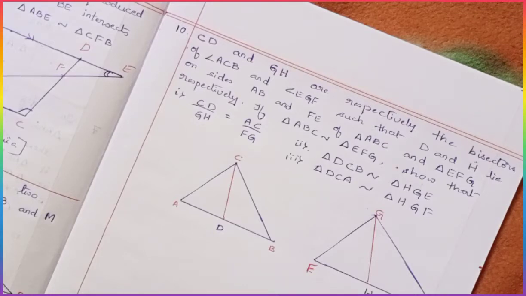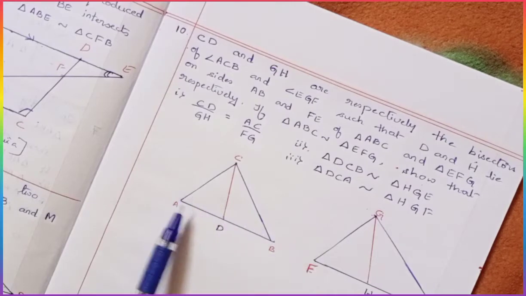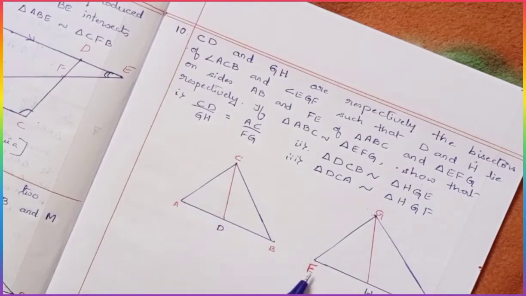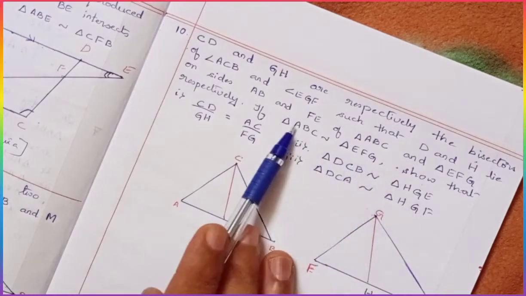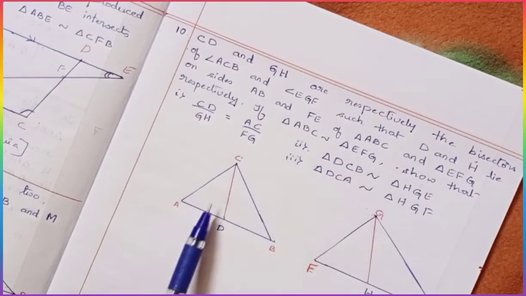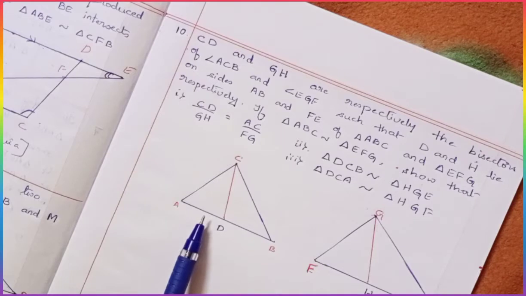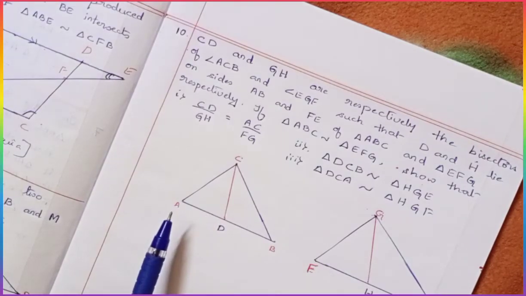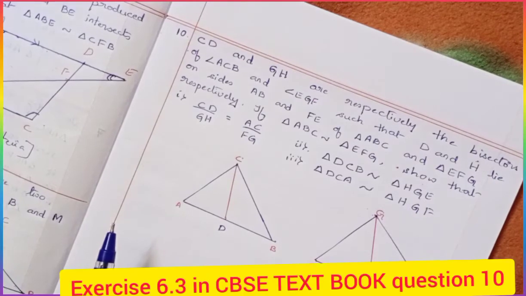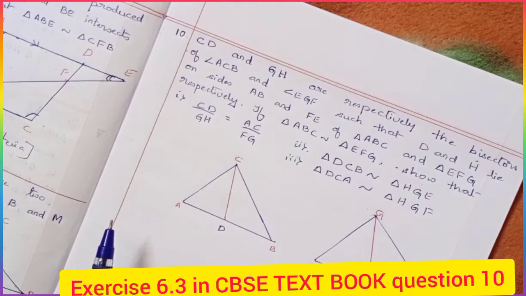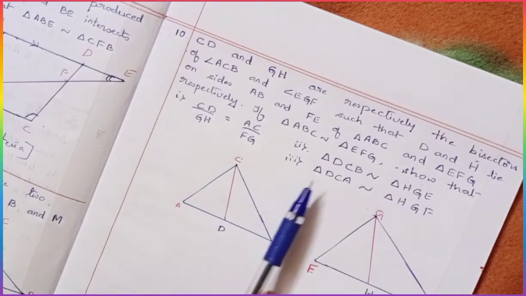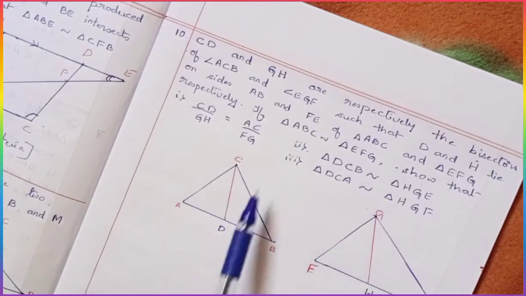So with respect to that question, I've drawn two triangles. You can observe here, I've drawn triangle ABC as well as EFG. They are saying that these two triangles are similar. That means obviously the conditions are very simple. There are two conditions. The first one is the corresponding angles of the two triangles are equal to one another. And the second one is that the corresponding sides ratios are equal to one another. So angles are equal, sides ratios are equal.